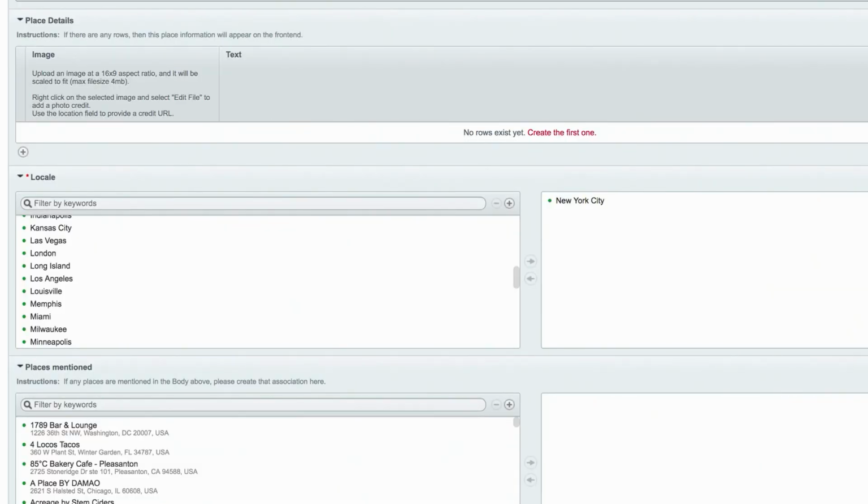Again, we have very specific functionality here on this ExpressionEngine project where they need to add information about places, locales, and relationships within that. So we have fields that make sense to the client. This is what they asked for, how they specified that their content was structured, and this is how we provided that to them.